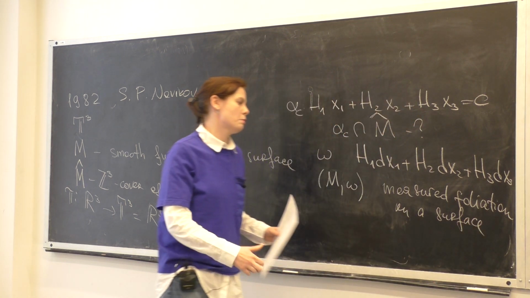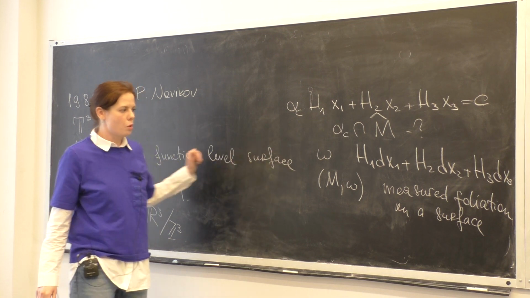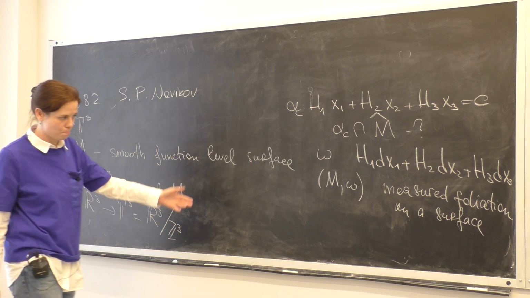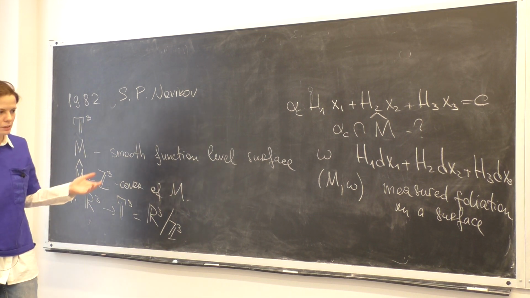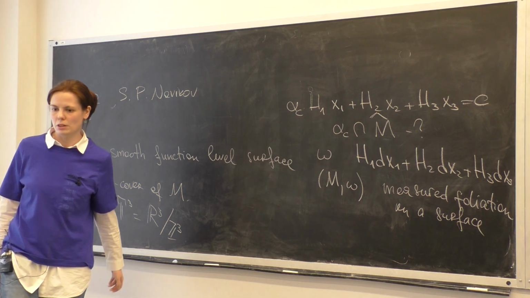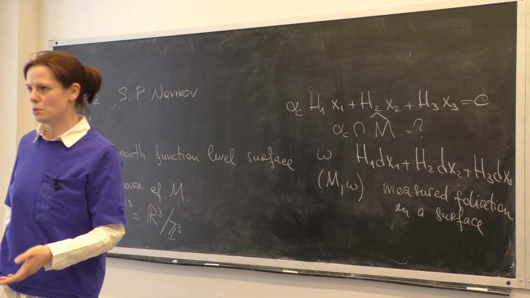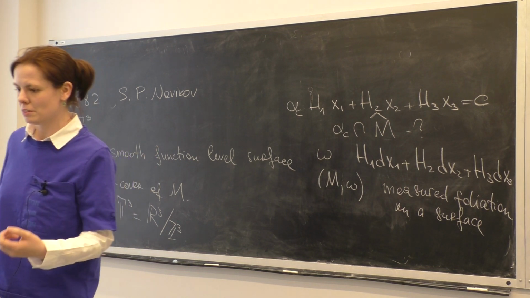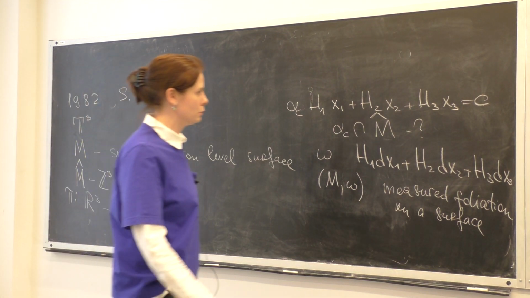And so if you have a measured foliation, there is a natural question which is pretty connected with this one. What can one say about the behavior of leaves of this foliation? Novikov posed his problem in '82, and immediately after, the first result by Anton Zorich appeared, and later Ivan Dynnikov, who also at that time was a PhD student of Sergei Petrovich, clarified Anton's results and extended them. And so the final picture is the following.